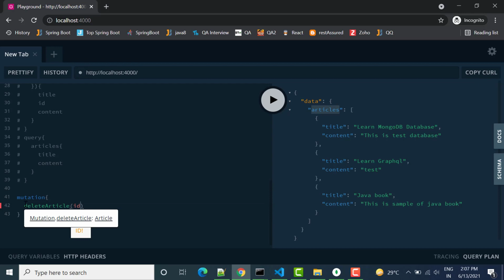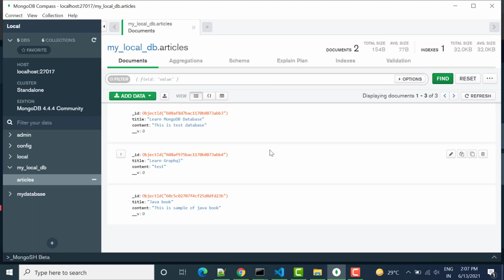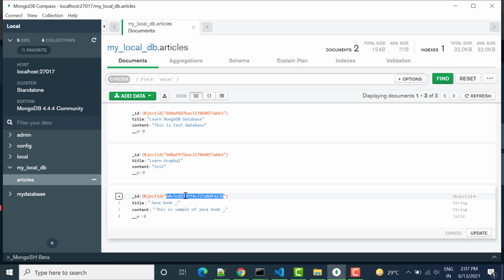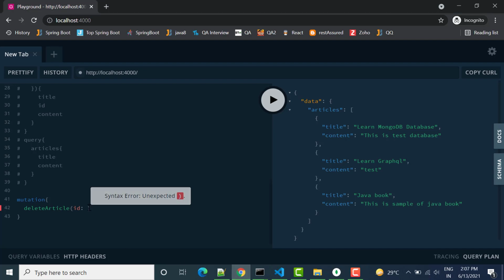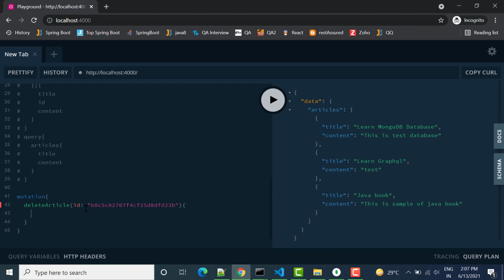Here we can say ID equal to, so let's say I just wanted to delete this one, so copy it and add this here in the double quotes. Then in response we need ID, title, and content. It's not mandatory to write them in three different lines, you can write them in one line also, and this complete thing you can write in one line.